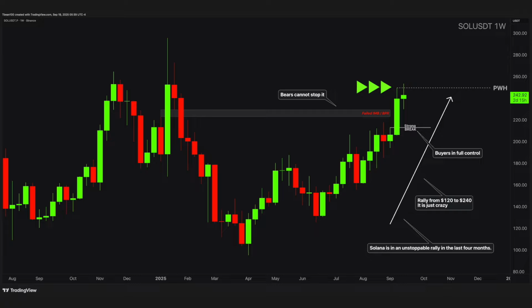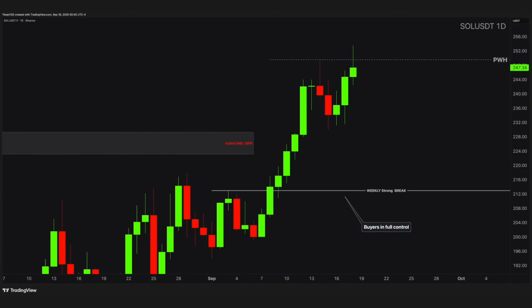Now let's switch over to the daily chart and take a deeper look. If you carefully examine the daily chart, you will notice the imbalance zone here. That's the last area where price reacted before making this sharp and powerful move upwards. Just like on the weekly chart, you can see another very strong daily breakout to the upside. So at this point, we can confirm that on both the weekly and the daily charts, the market is fully